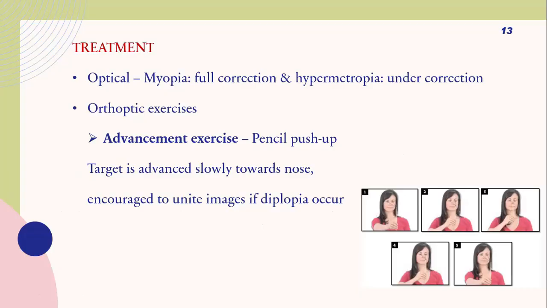So the most commonly used exercise many of you would have come across is the pencil push-up exercise, where the patient is asked to binocularly fix at the tip of a pen or a pencil kept at an arm's length and slowly bring it closer to the nose, and suddenly the tip of the pencil will appear double. At this point, they have to take effort and try to fuse and make it single. So this can be repeated multiple times in the morning and evening, and on follow-up,